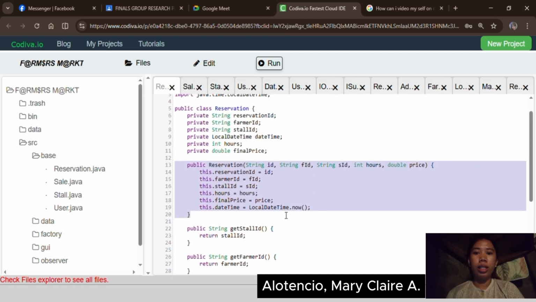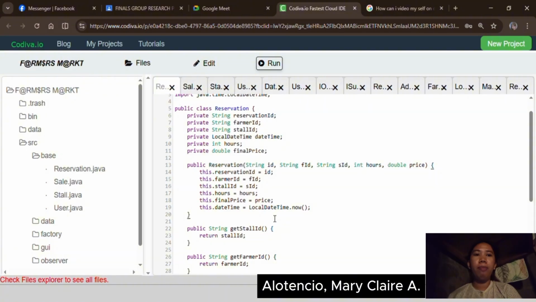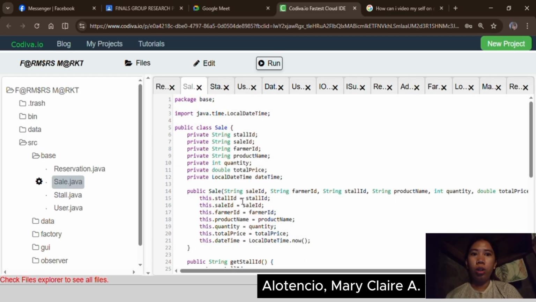Notice that final price is passed in already calculated. So the formula, base price minus the discount, where the time is the 24 hours, is computed in the farmer dashboard before being passed here.